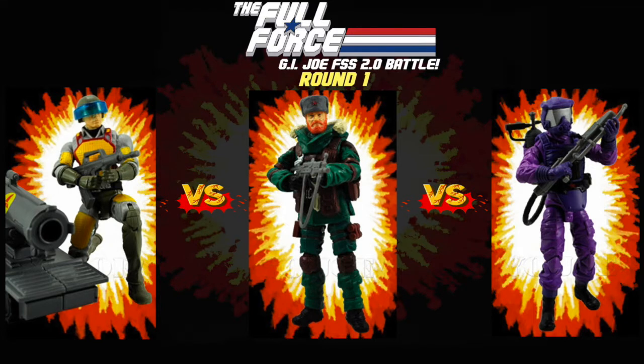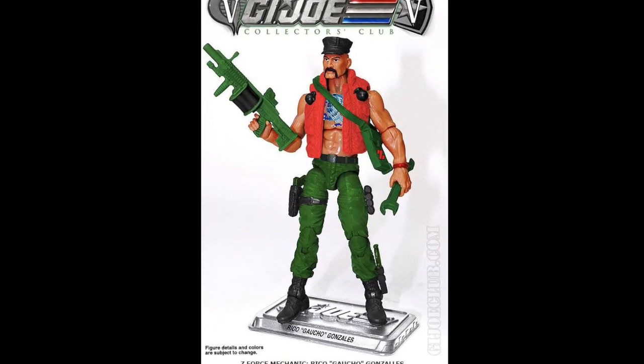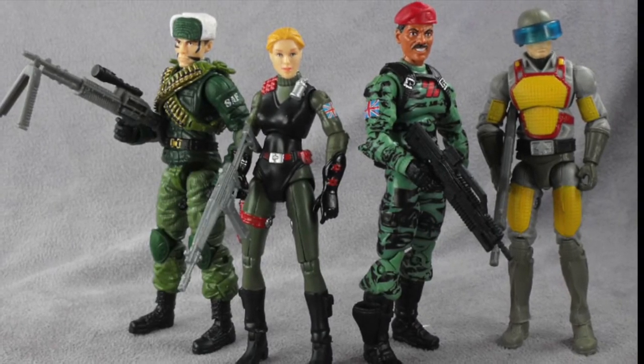Yeah, I think where the Action Force characters in the G.I. Joe Collectors Club fall short is that they're always going to be repaints of 25th anniversary figures, because for some reason, obviously where it has changed has been Gaucho. It's almost like they were waiting for that Gung Ho to be released before they did the Gaucho one, which is the right call, because that's one of the only figures that you can really look at in that lineup and go,